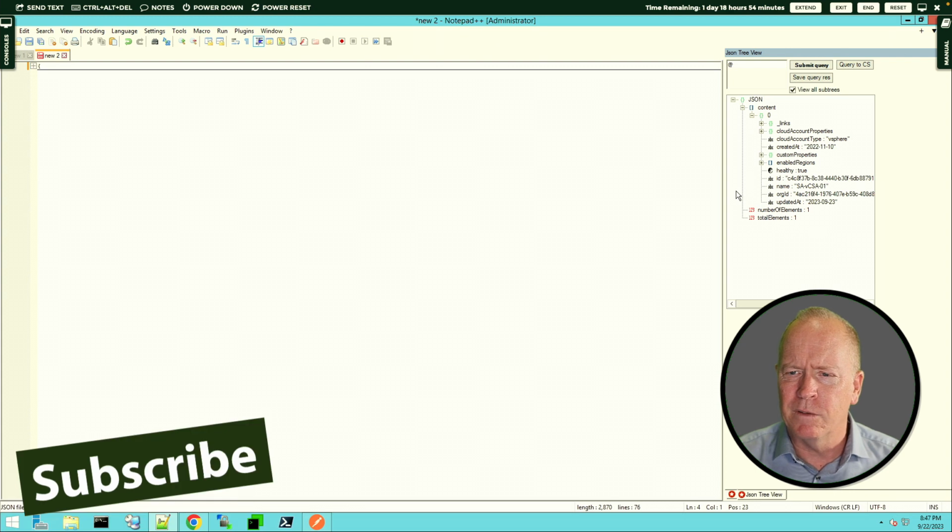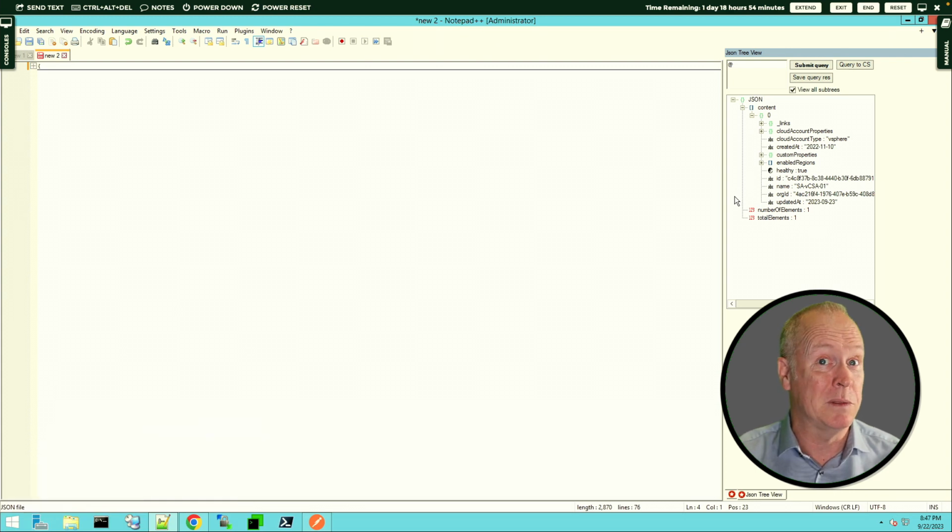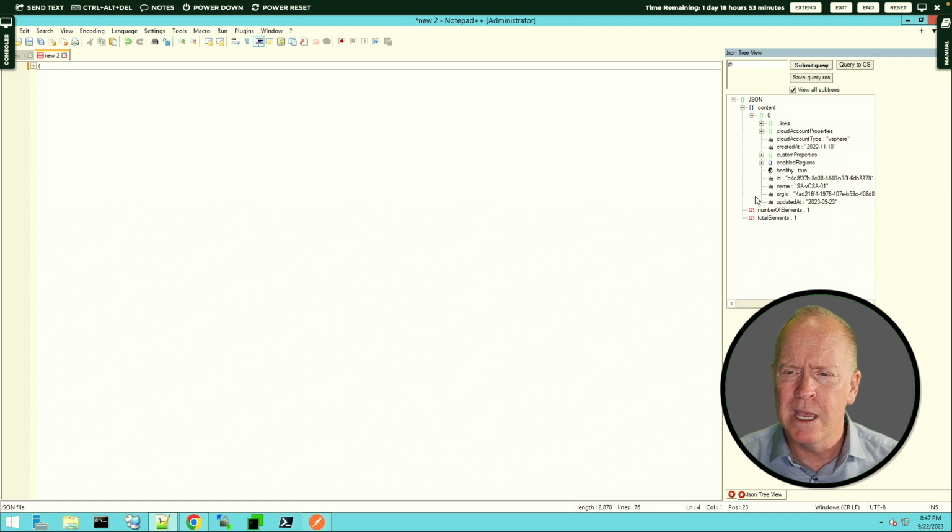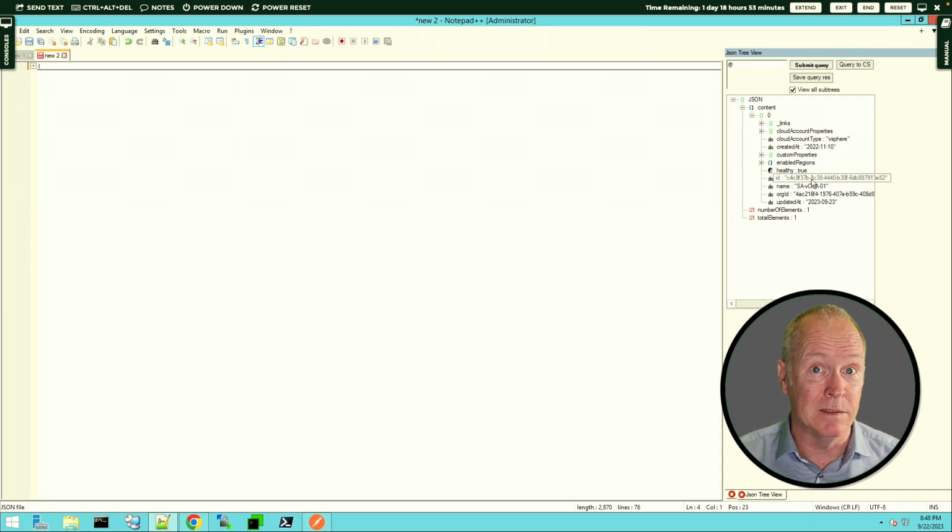Well, we got lots of good stuff in here. I'll leave it to you to read through the documentation to figure out the meaning of each of these, but let's look at some of the more obvious things. So I can see things like when the cloud account was created. I can see what type of cloud account it is. This one's a vSphere cloud account. It's not an AWS or an Azure or GCP. It's a vSphere cloud account. I can see other information such as the ID of this cloud account. That might be information that you need to pass into other REST requests. I can see the name of the cloud account and all sorts of other information, including this section here, this